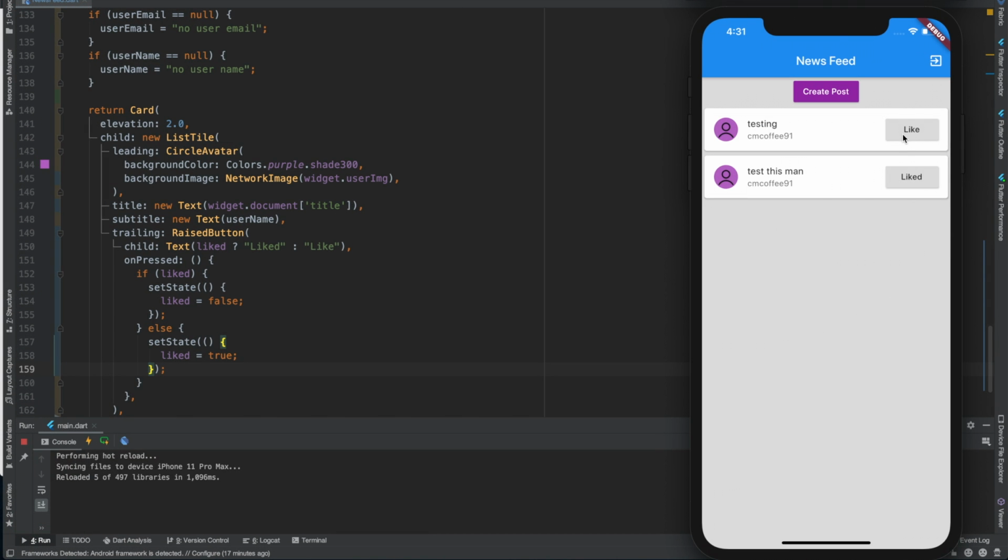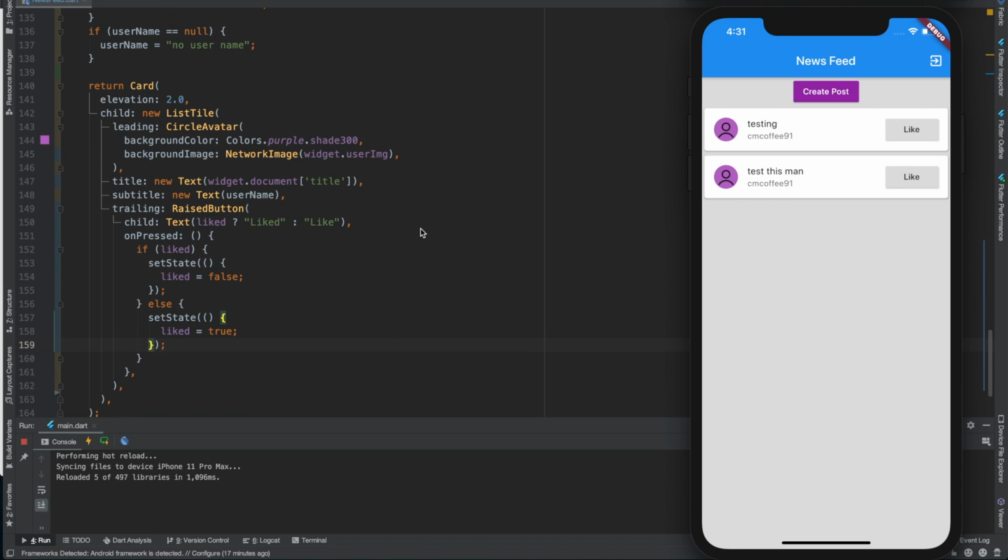See, now it's changing for each one. So we're just refreshing, changing the state of one row. That's why I had to separate it, really. So now,